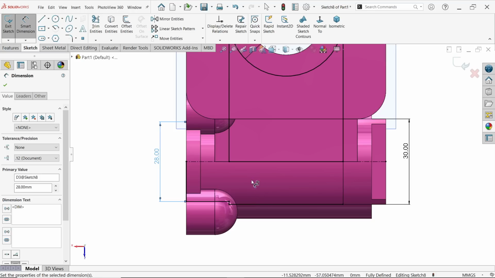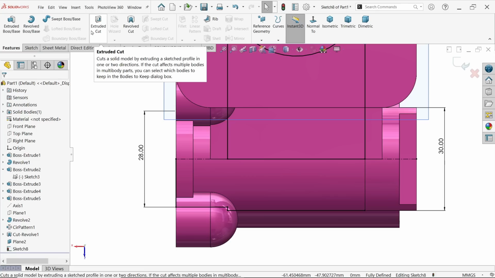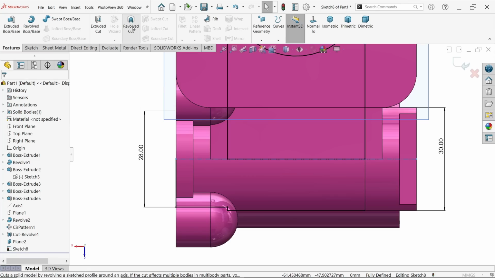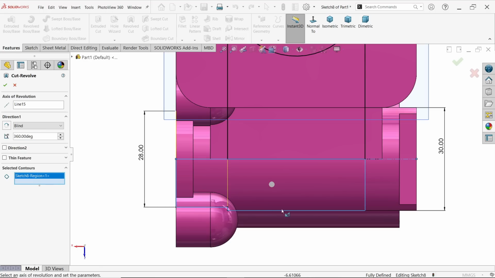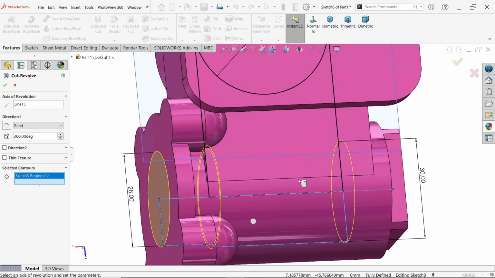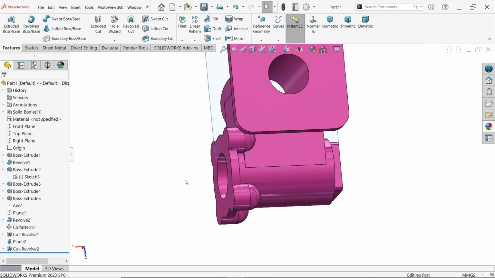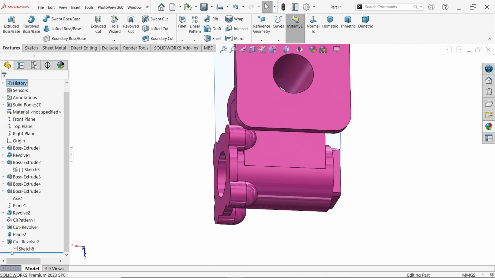Okay, let's try to revolve and let's see. Revolve, cut. Now in selected contour, this is not going to select. Okay, it is going to select. Okay, system take 360 degree equal spacing, say okay. Okay, it's already cut. Again I am going to say use same sketch,